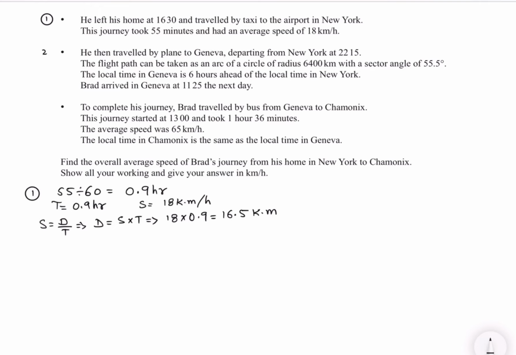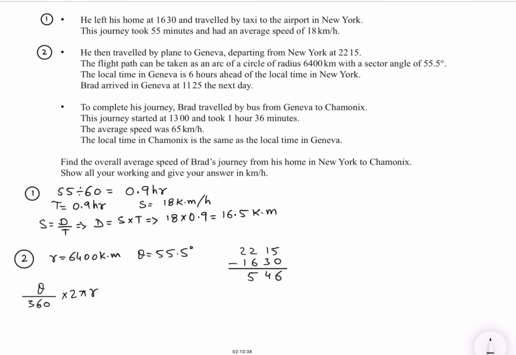He then traveled by plane to Geneva, departing from New York at 22:15. The flight path can be taken as an arc of a circle of radius 6400 km with a sector angle of 55.5. Local time in Geneva is 6 hours ahead of the local time in New York. Brad arrived in Geneva 11:25 the next day. Okay, number 2 is radius is given, theta is given. So time difference is 546